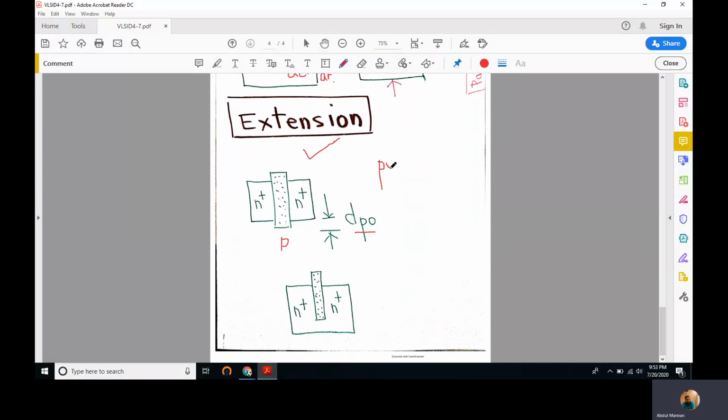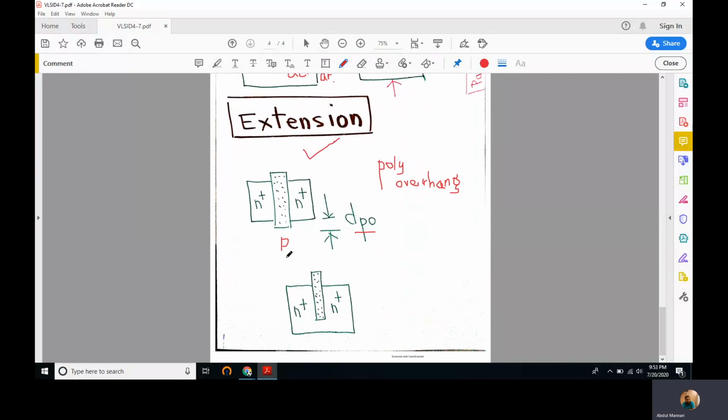D stands for distance and PO stands for poly overhang. This overhang distance is the minimum distance that we have to maintain between the active area and the poly implementation. Poly should be somewhat extended out of the active region.